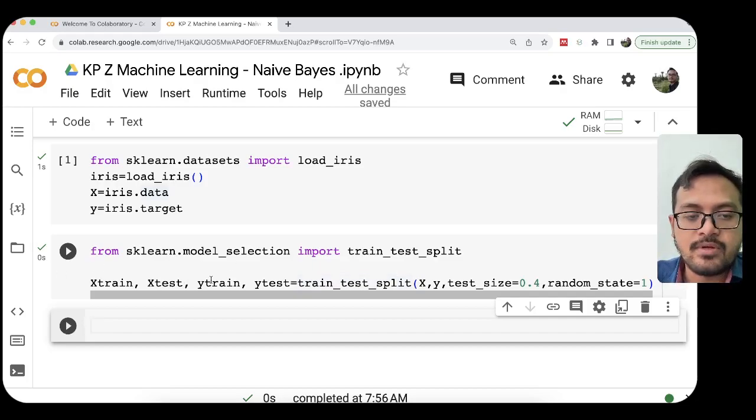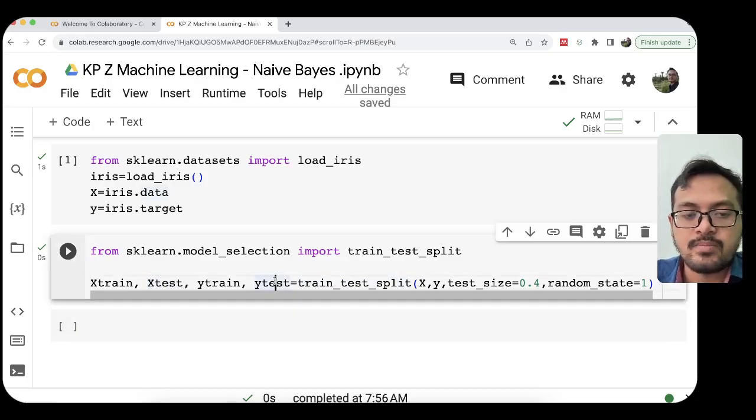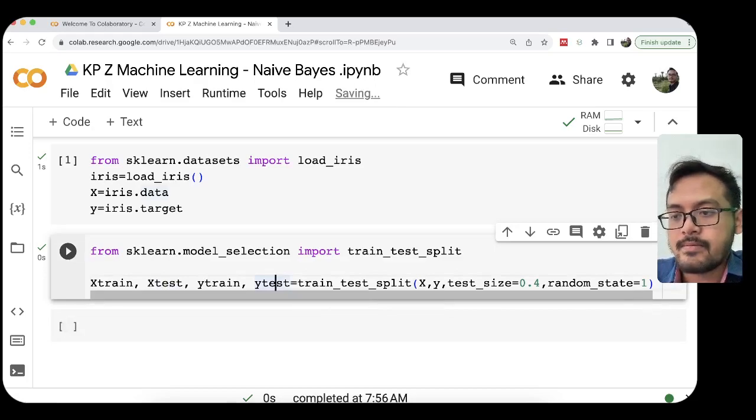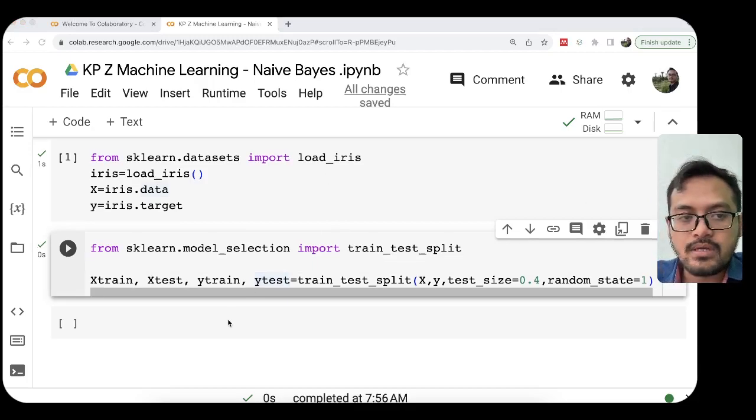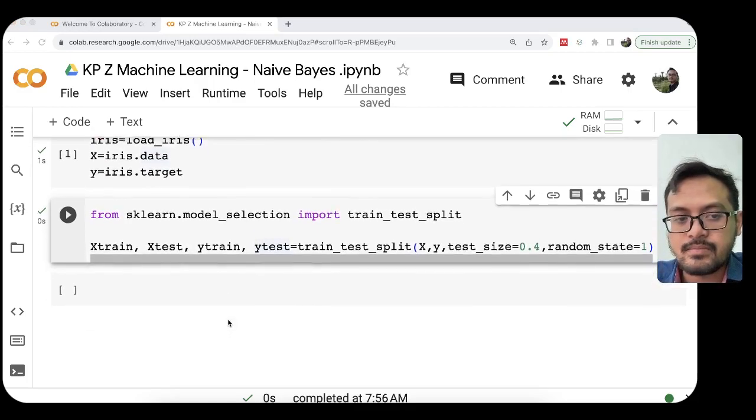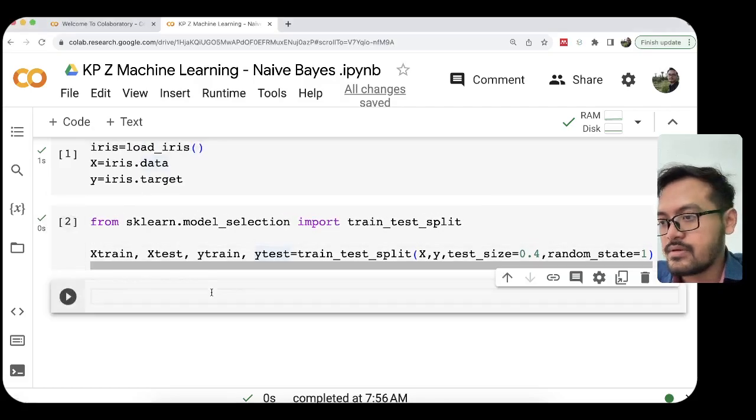X_train and y_train will be the training set, X_test and y_test will be the testing set. So the next one, we start the classification process.